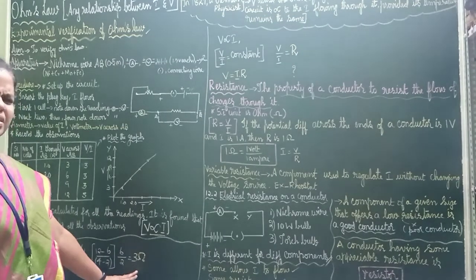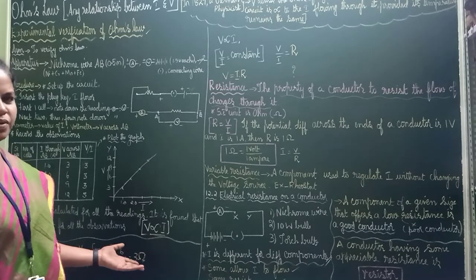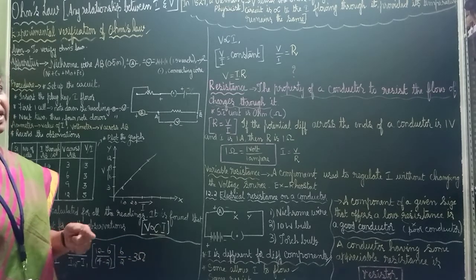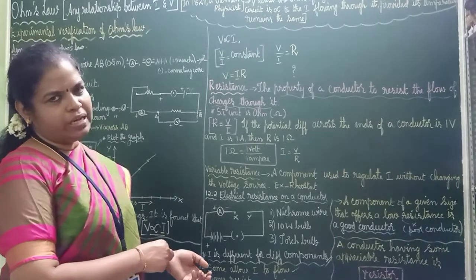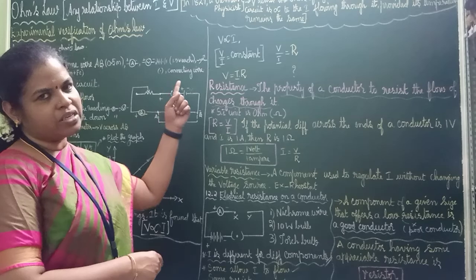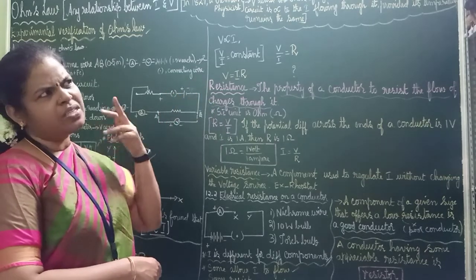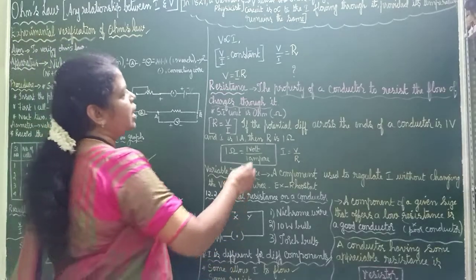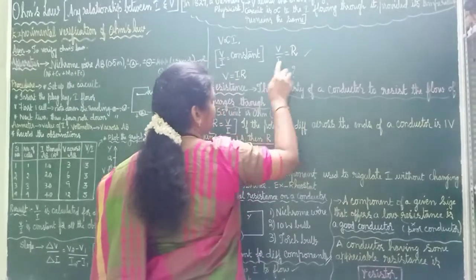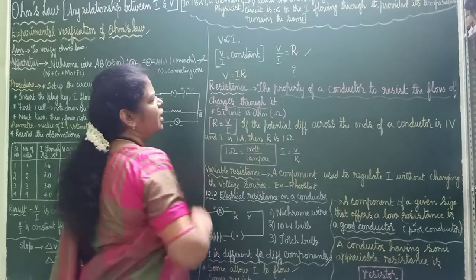So what is 3 ohms? Why put ohm? You should honor that person, no? So ohms. But we should find out what is ohm. V is directly proportional to I. V by I is equal to constant, we know. What is that constant? In the place of constant we can put R. What is R? R is resistance. V by I is equal to R means it can also be written as V is equal to IR.